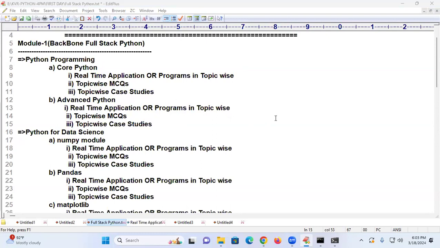Next, Sadanand. Sir, for beginners, which language has more job opportunity, Java full stack or Python full stack? My dear student, as I already said in the beginning, as of today every person has to learn Python as the first starting language. That is the default language you need to learn. Earlier, people used to learn C language first. Now you have to start your career with Python. Okay, sir. Thank you.